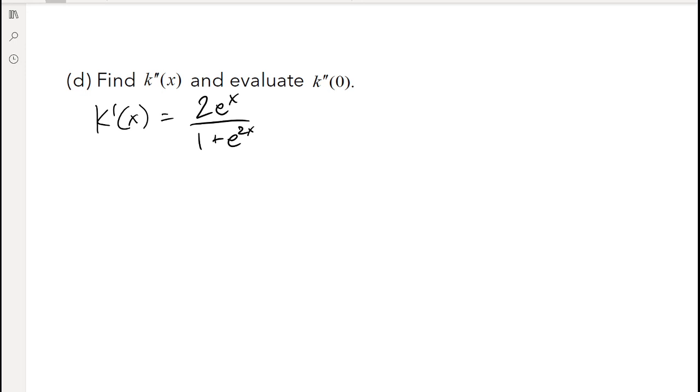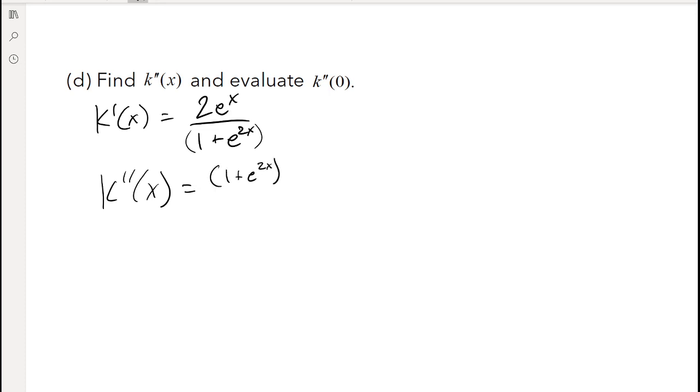Now, over here on this problem, this is clearly a quotient. I have a function on top with a function on the bottom. To do the second derivative here, I'm just going to go ahead and use the quotient rule for this one, right? We're going to go with this as my low, and this will be my high. So if you remember the quotient rule, it's low